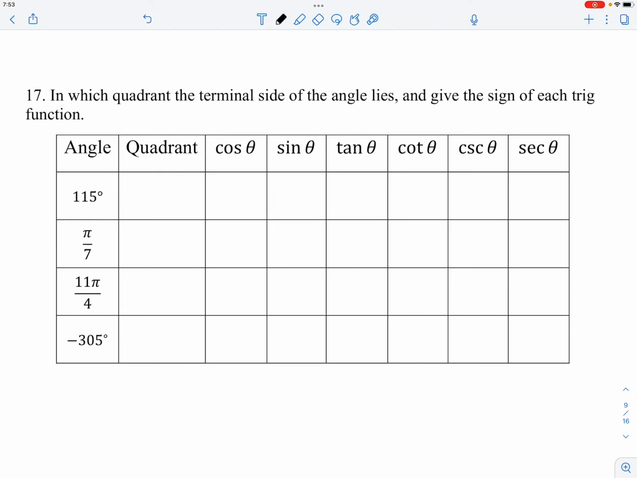Okay, so for question number 17, we focus on the location of an angle. We try to identify the quadrants, and based on the quadrants, we can tell which function is positive or negative. So before we start, I think it's very important to mention this, which I said repeatedly in class, the